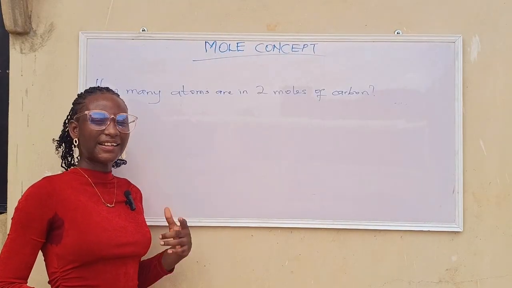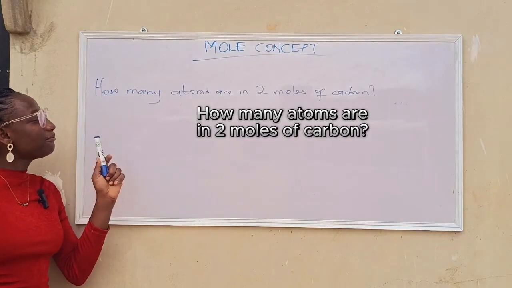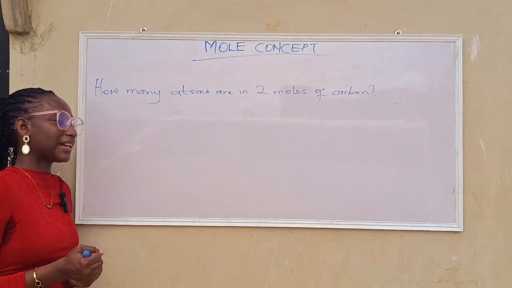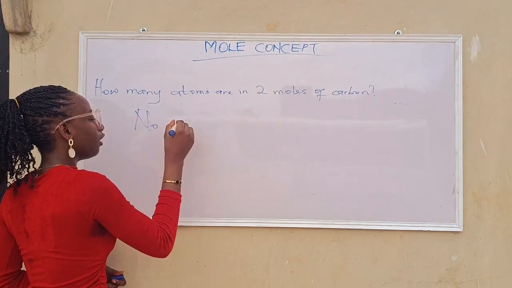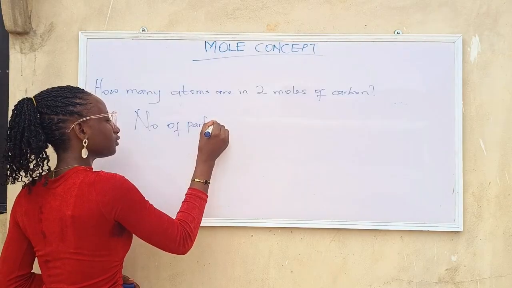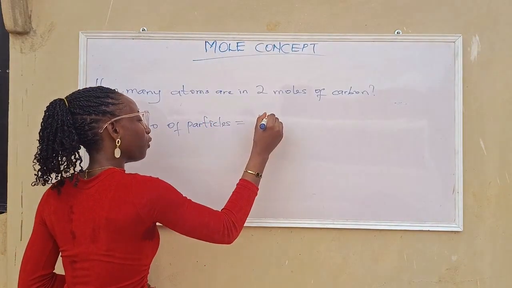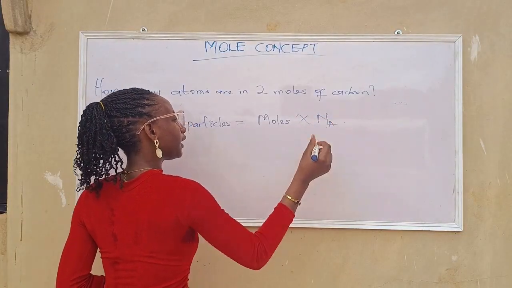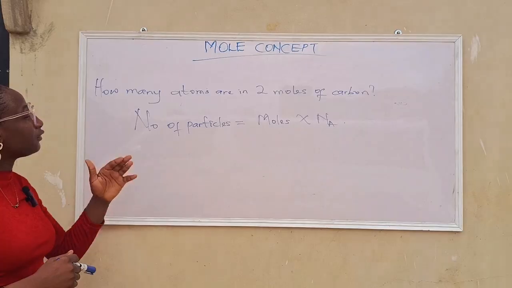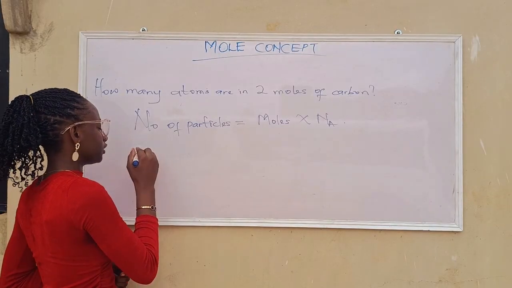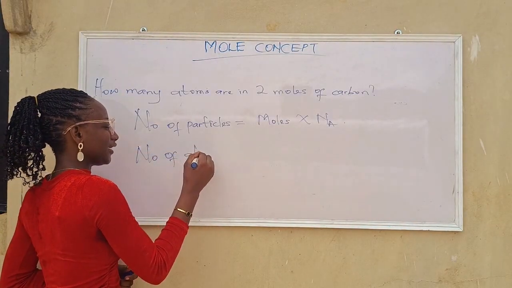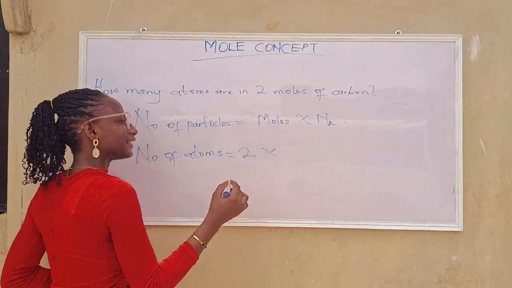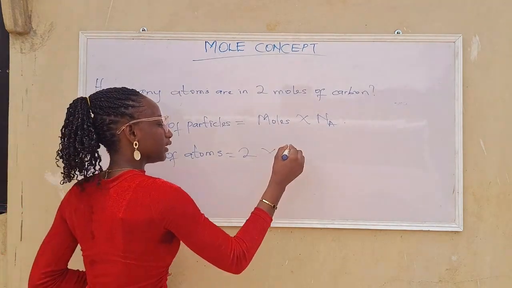Using that formula, let's solve this question. It says, how many atoms are in 2 moles of carbon? So how do we go about it? Remember that our formula says the number of particles is equal to moles times Na. We're looking for the number of atoms in this case, so the number of atoms is equal to, what's the number of moles we are given? 2. Good. Then times Avogadro's number, which is